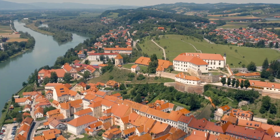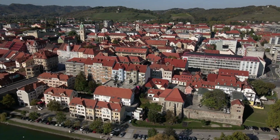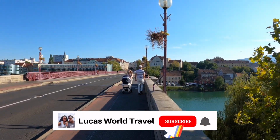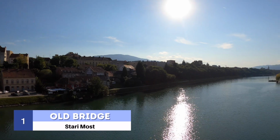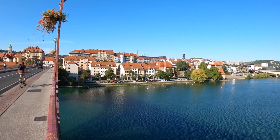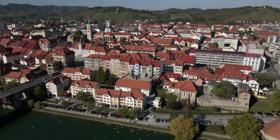Our 2-week journey through Slovenia continues in Maribor, the second largest city in Slovenia. I would recommend starting your visit on the riverfront, enjoying the beautiful views from Maribor's Old Bridge, or Stari Most in the local language. Here you can enjoy seeing all of Maribor's orange rooftops and church steeples, making such a